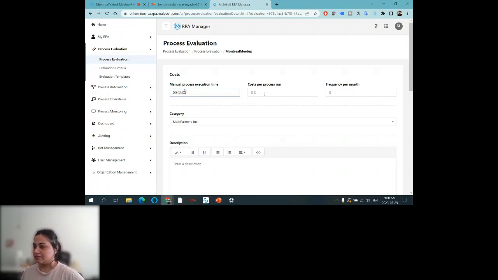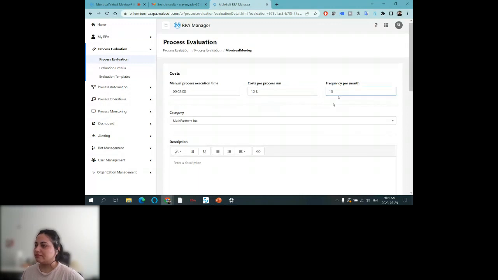How much it costs? Obviously, it doesn't cost anything for RSVP. This is not a real time use case, isn't it? So I'll say, for example, it is costing me $10 per process. And how frequent? I will say maybe 10 times per month. Just an example.